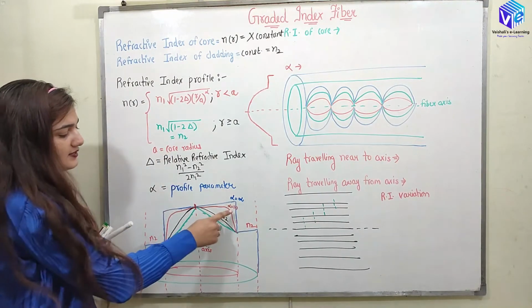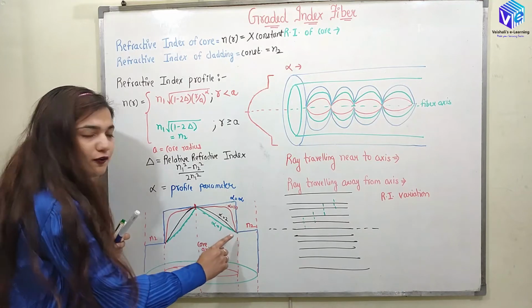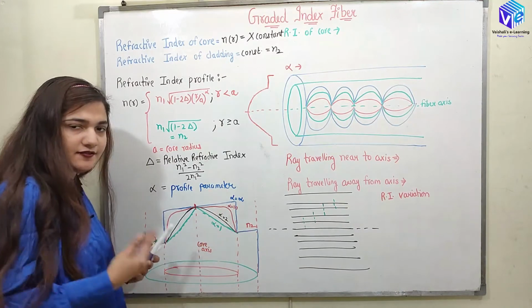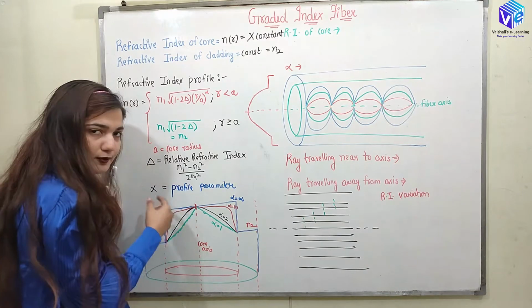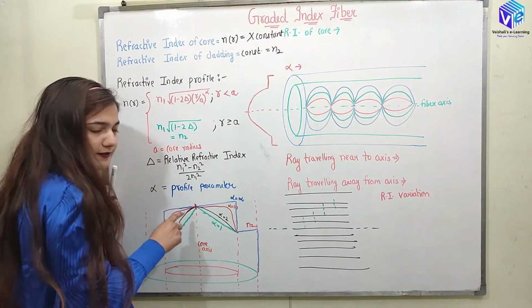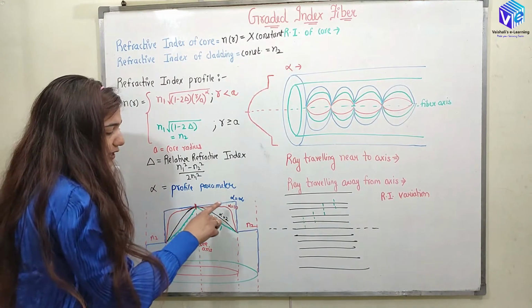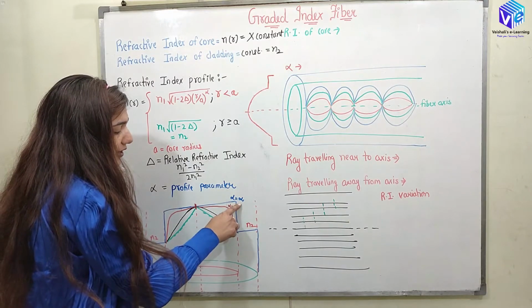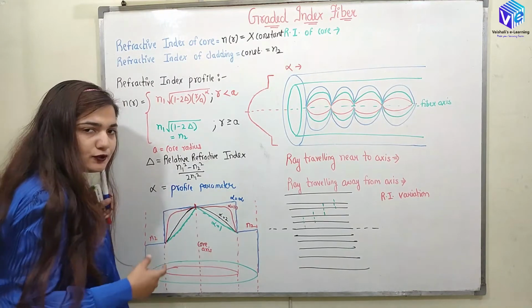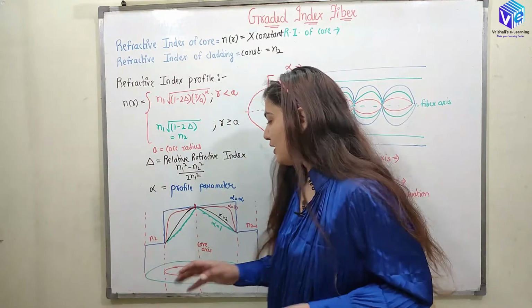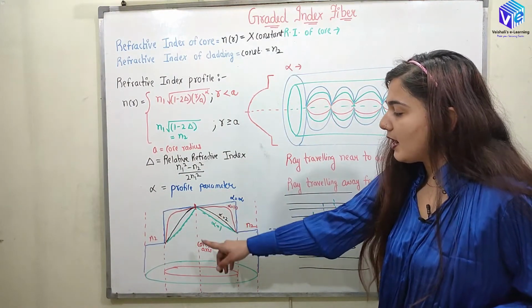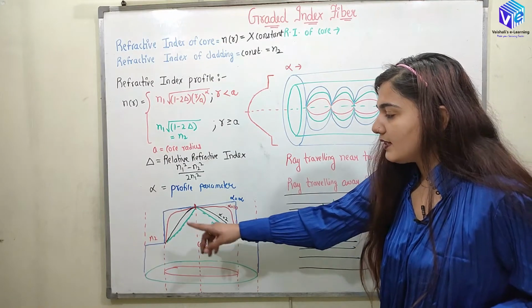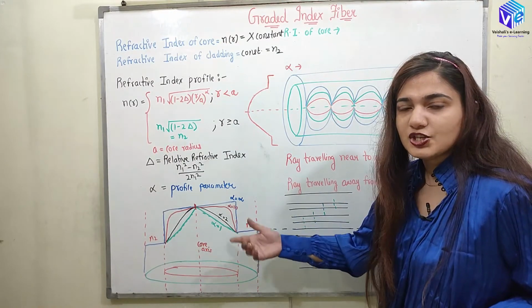So for alpha equal to 10, the profile is going to follow this red structure. The refractive index at the center of the core, at the core axis, is obviously going to reach its maximum value. And when alpha is equal to infinity, it is going to follow the step index profile. So I hope you understood how alpha is varying and how it gives me different profiles if I change the alpha.